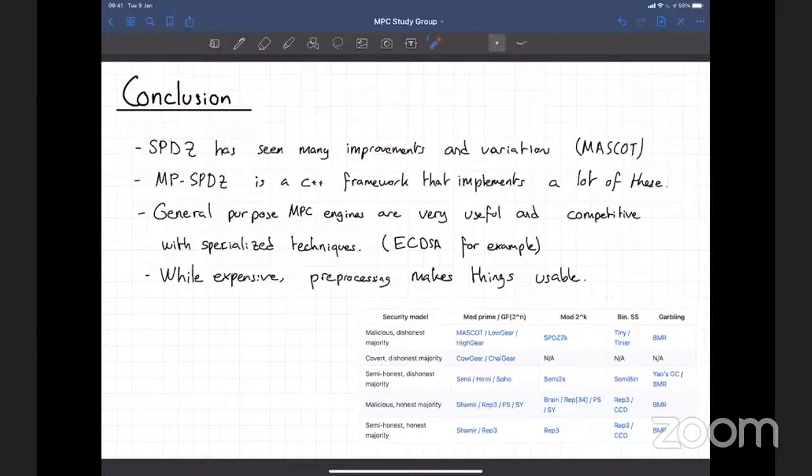Although I have one more question related to the beginning of the talk. You said, I think, that this homomorphic encryption based preprocessing is slower than the one based on oblivious transfer.